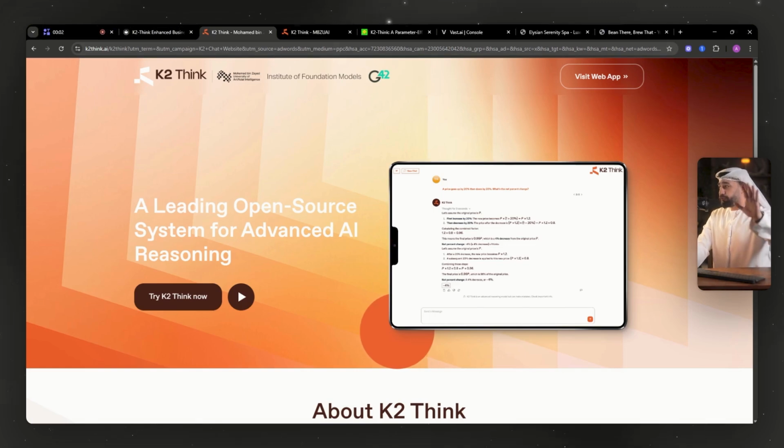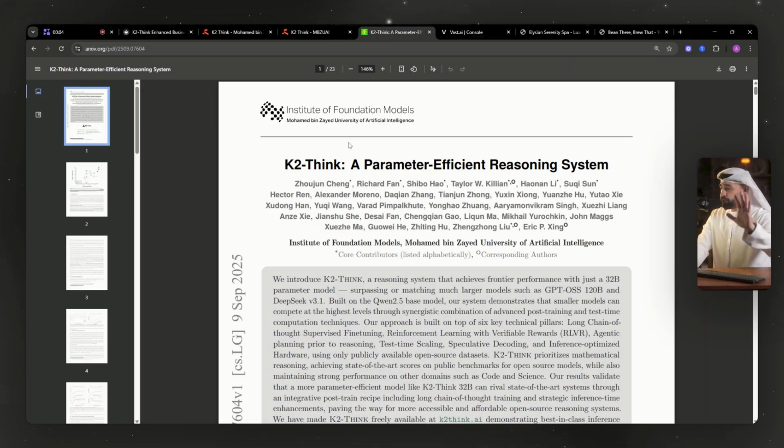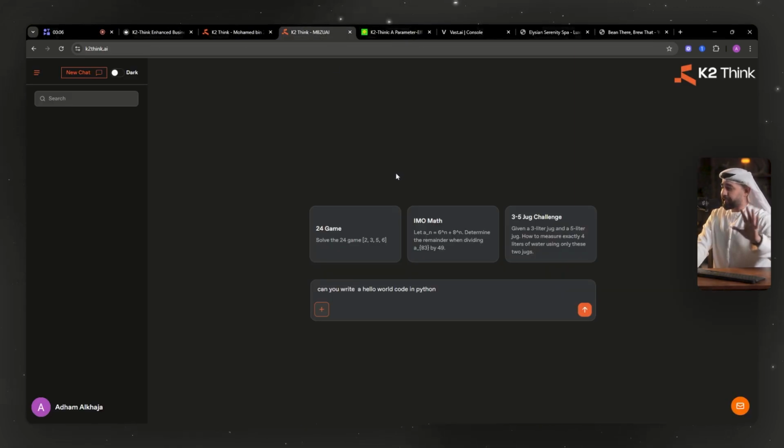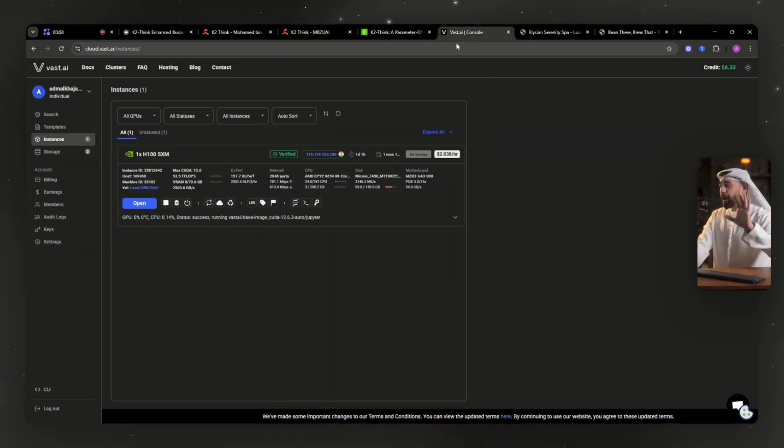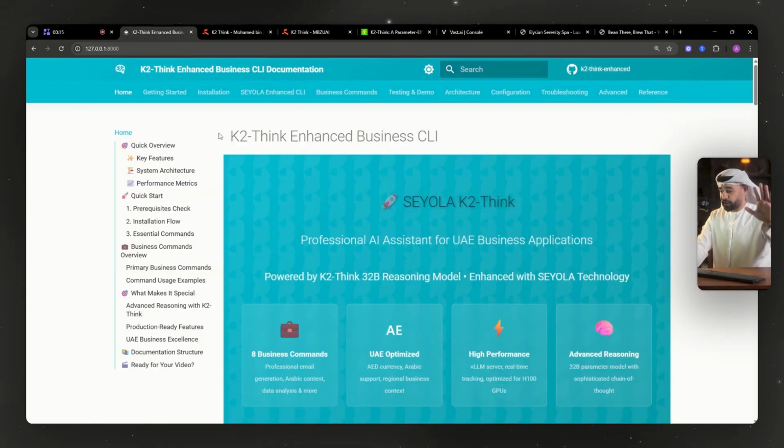So let's talk about K2Think. We're going to start with going briefly through the report that came out, testing it out on the web app, then showing you how I configured it for myself on a GPU. And then we're going to move on to Cursor and give you the API or the docs behind it